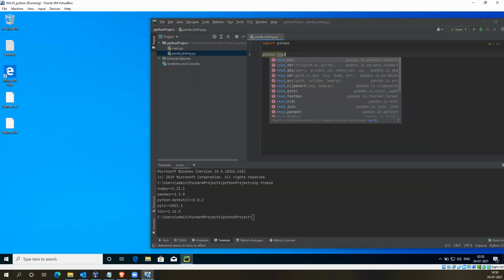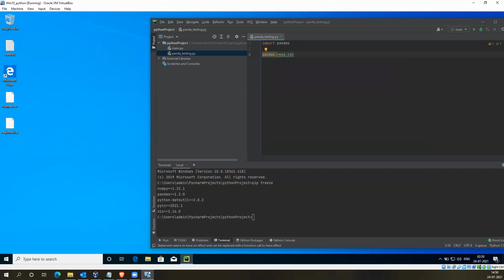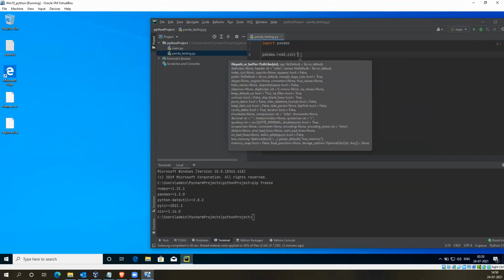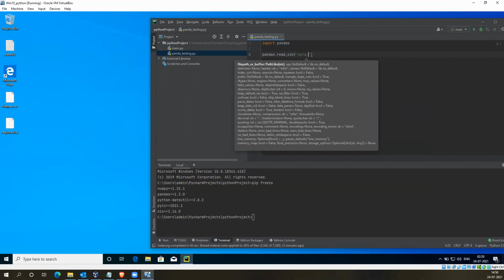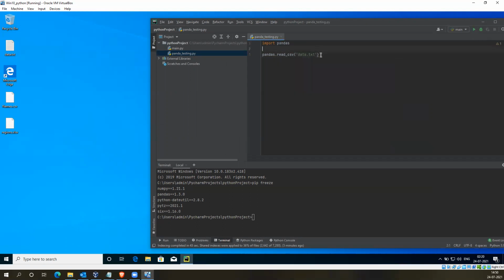That's why I will use the read CSV function, and I will use data.txt. The resulting output I will just keep in some variable, data.